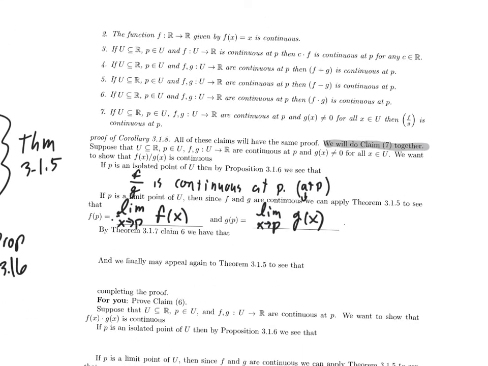Well, let's see if I have all of that. Limit of f of x is a thing that exists. Limit of G of x is a thing that exists. G of x is never equal to 0. The limit of G of x is also not equal to 0. So that's everything I need to appeal to the theorem. So by theorem 3.17 claim 6, we have that the limit as x approaches P